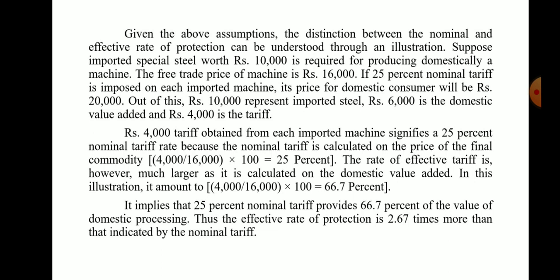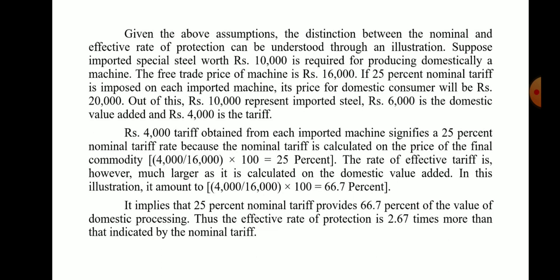The rate of effective tariff is, however, much larger as it is calculated on the domestic value added. In this illustration, it amounted to 4,000 divided by 6,000 multiplied by 100 equals